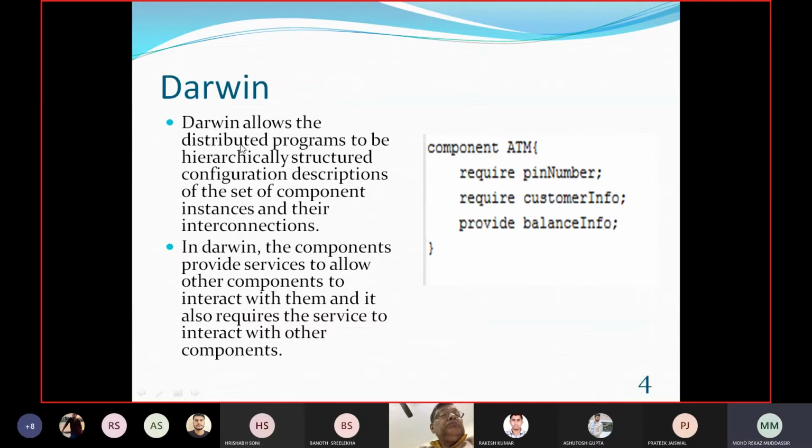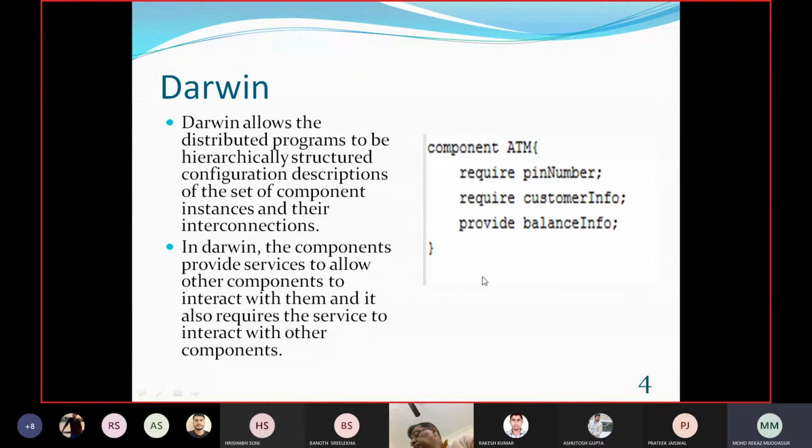Darwin allows distributed programs to be hierarchically structured configuration descriptions of the set of component instances and their interconnections. In Darwin, the components provide services to allow other components to interact with them, and they also require services to interact with other components.